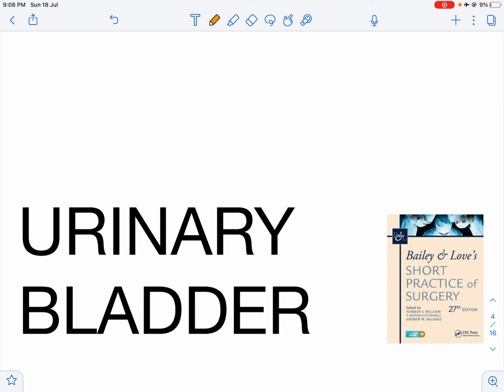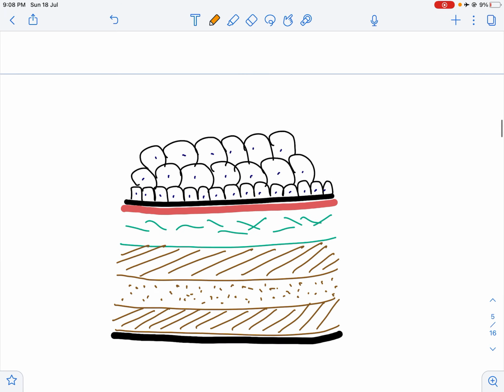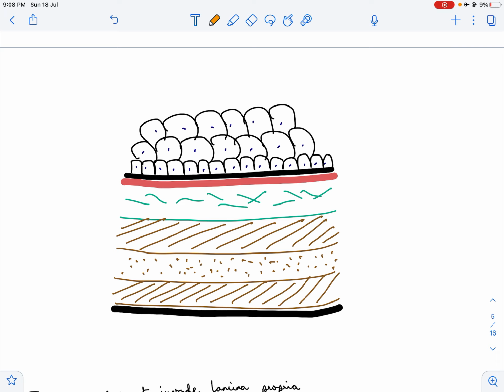Now, we'll be discussing the carcinoma of urinary bladder. To understand the staging of urinary bladder, let us first look at the histological structure. The epithelium of the bladder is lined by something called urothelium. This urothelium consists of the basal layer, which has a cuboidal or a columnar lining, and on top of this are the polyhedral cells, which are umbrella shaped. Now these cuboidal cells rest on a basement membrane.